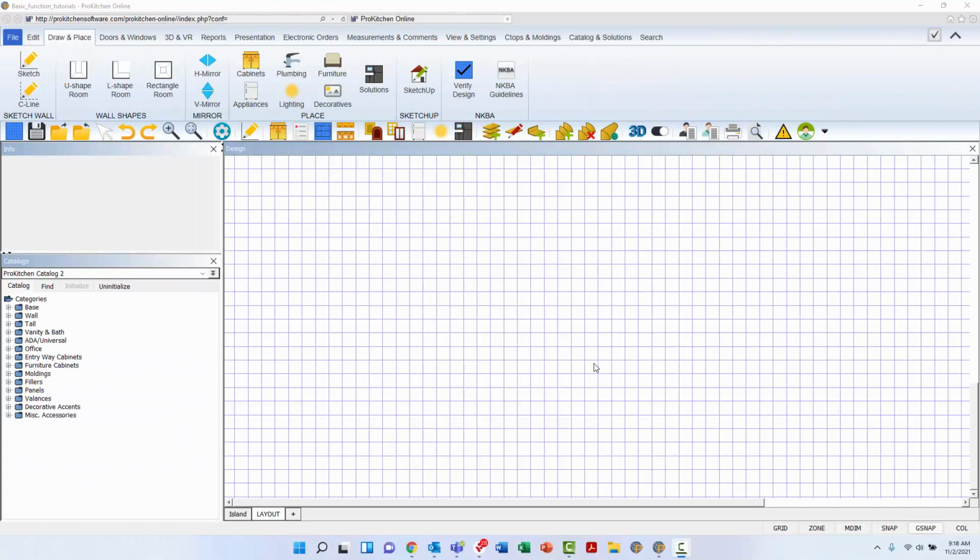Countertops are a major component in your designs. ProKitchen offers you the ability to add and edit countertops to enhance your designs and provide accurate representations of the final products to your customers. In this video, we will cover the basic tools to add, edit, and modify the countertops in the design space